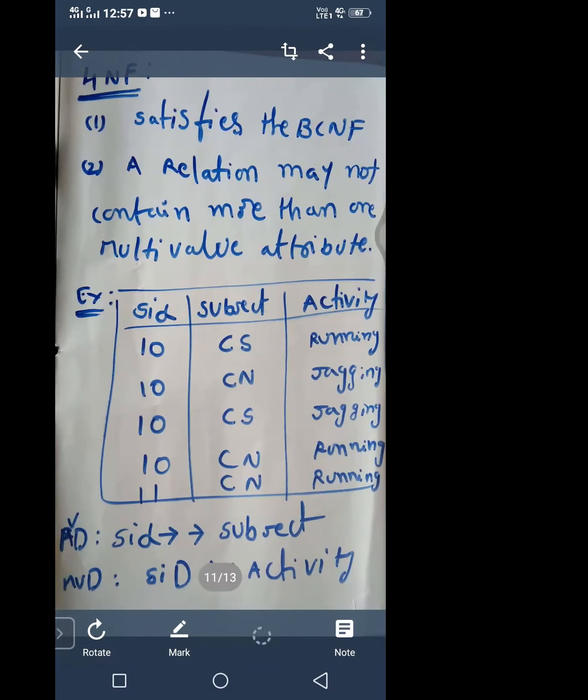Now the example is also most important. Please try to remember each and every normal form with one example, so that we can easily remember all these topics. In the case of second normal form, non-prime attributes should be determined by the prime attribute, and a subset of the prime attribute should not be used for determining the non-prime attribute.